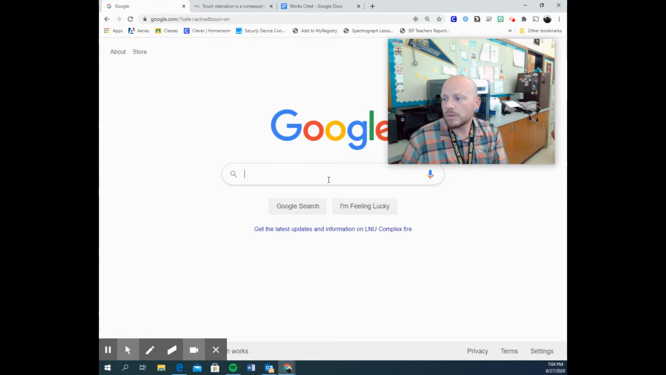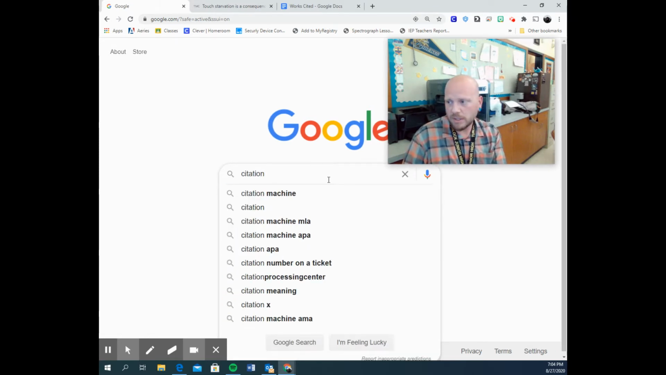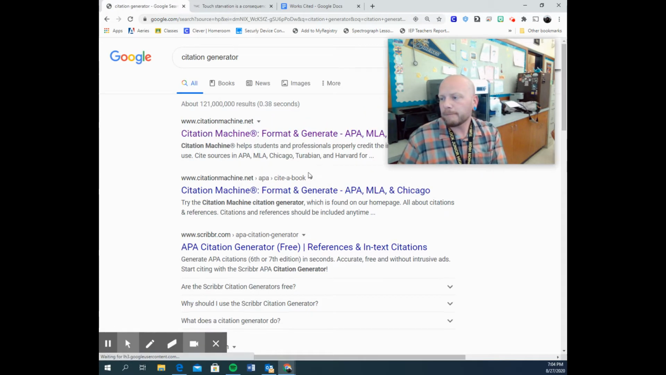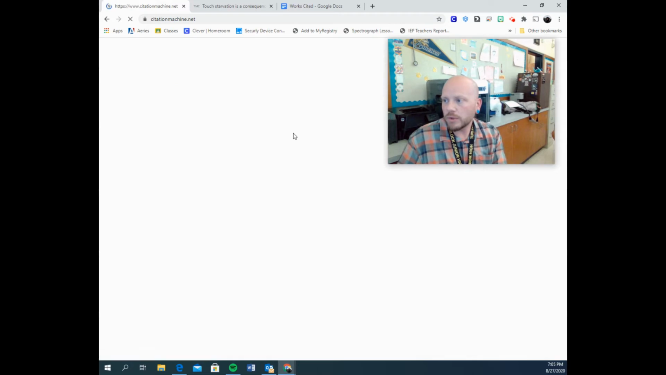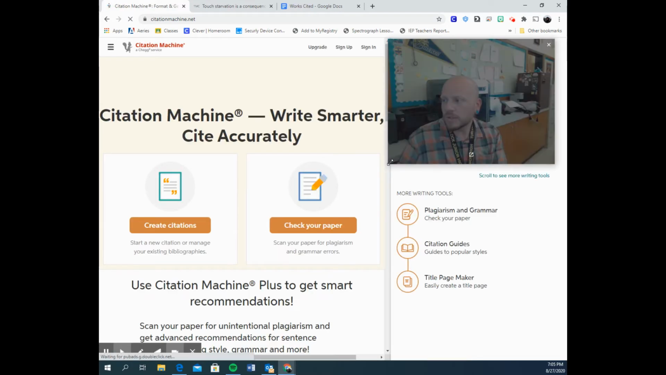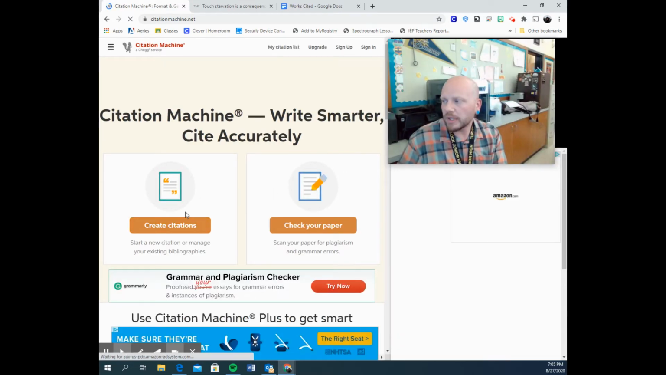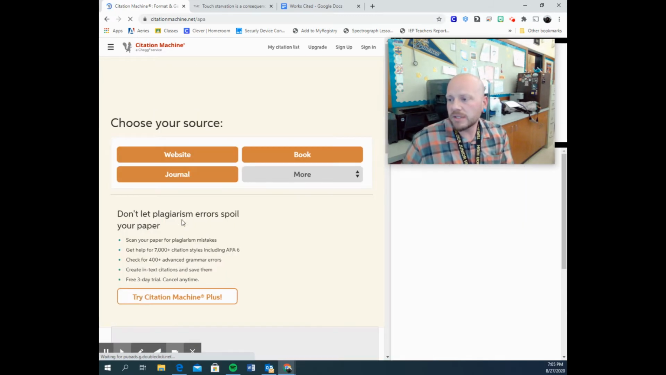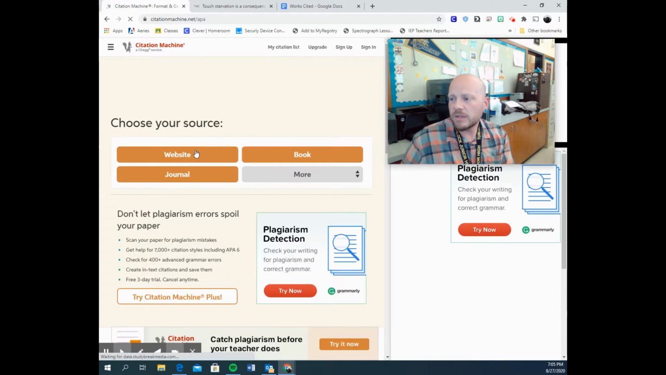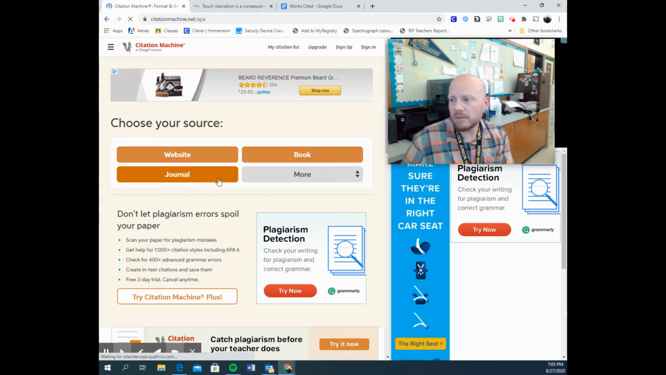So let's go to Google and we're just going to search for citation generator. And this first one that comes up, Citation Machine, it's a pretty good one. It has a lot of ads on it, but it's a useful tool. I will show you, though, why you still need to know how to make your citations properly to be able to use this. So we're going to click Create Citations, and you can cite all kinds of things, website, book, journal,